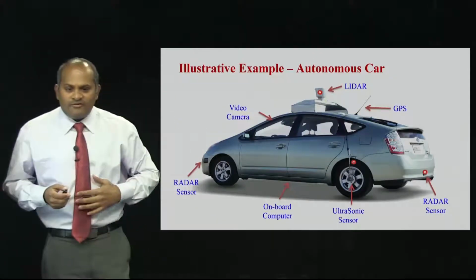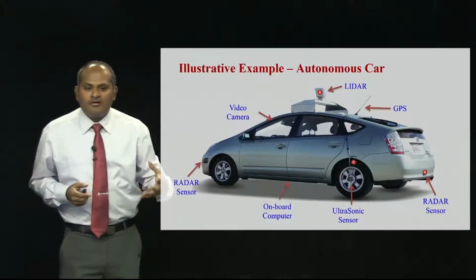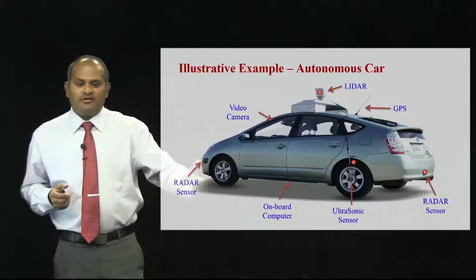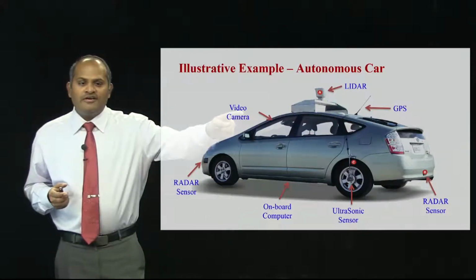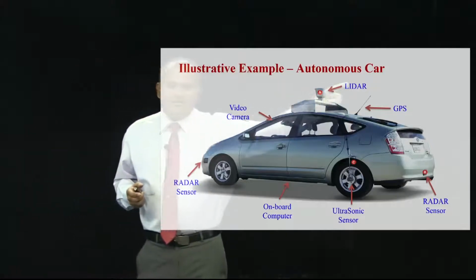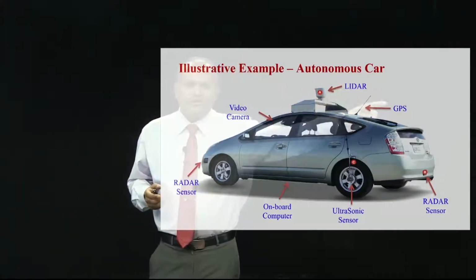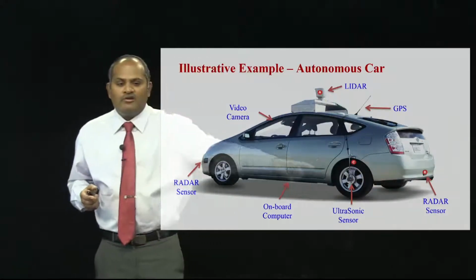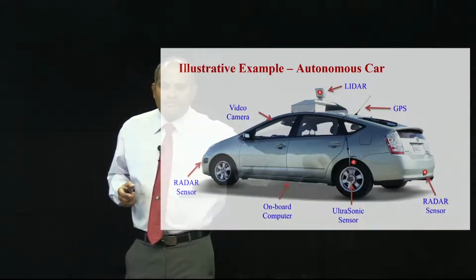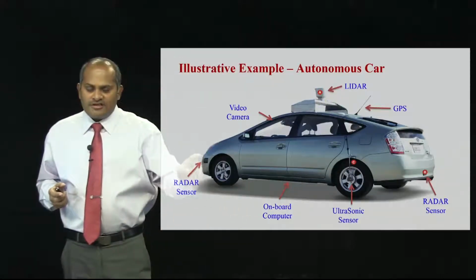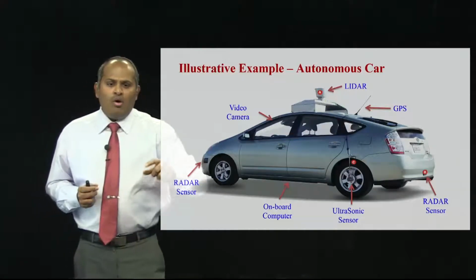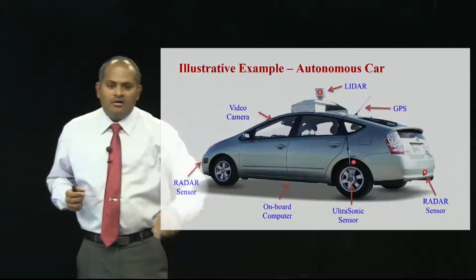So, the difference between a normal car and an autonomous car is the sensors. The system is different. For an autonomous car, you need a video camera, you need a lidar, some kind of radar, GPS, another radar sensor here, and then we have an ultrasonic sensor here to actually measure the wheel, and then we have radar center in front to see any collision detection, object detection, everything. So, all these sensors